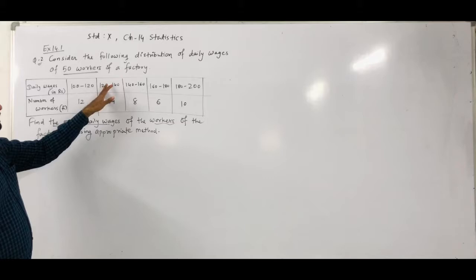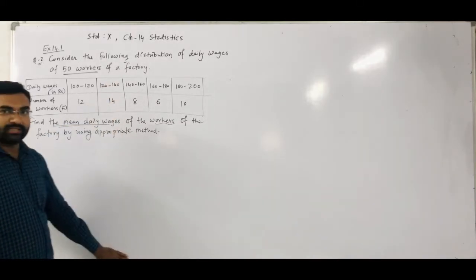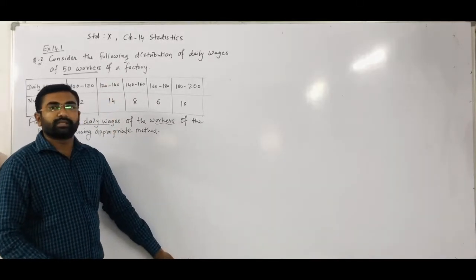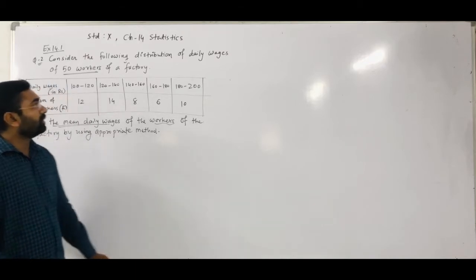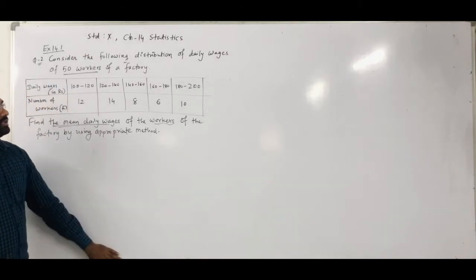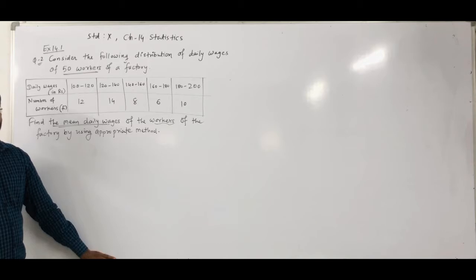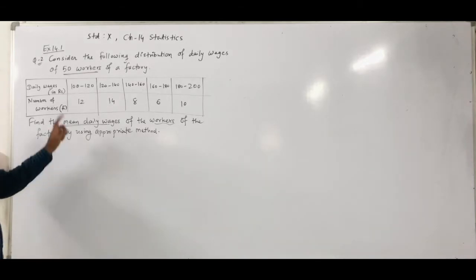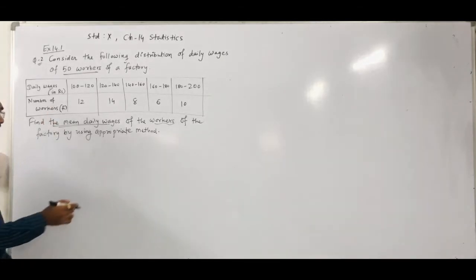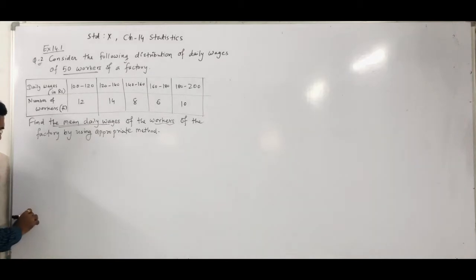After observing the classes, the class is given in bigger values. It's 100 to 120, 120 to 140, right? In three digits it is given. So we have to apply the step deviation method. For that we have to make a table. Before that, here I write the step deviation method's formula,